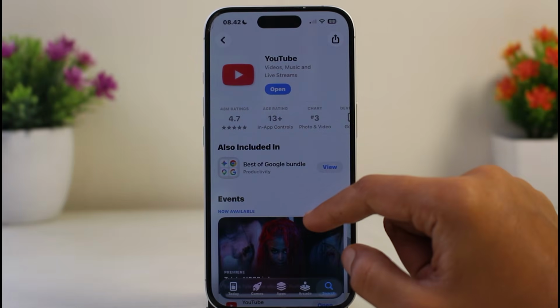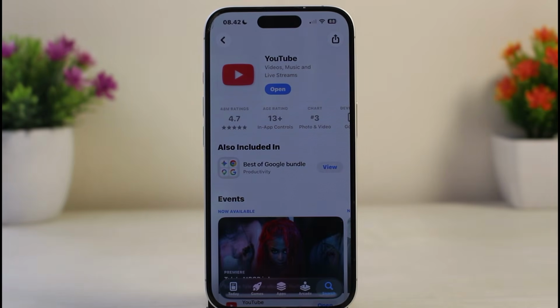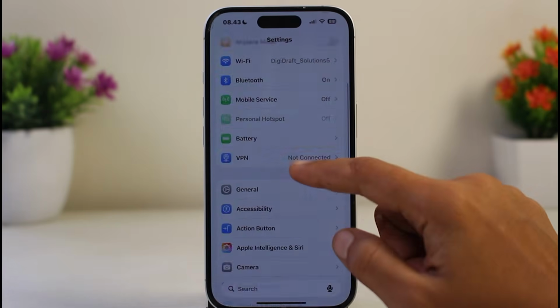Now the next thing you can do, if you are on an Android device, is go to its settings, go to the apps, then find YouTube, and then go to its storage, then tap clear cache, and then tap clear data if needed. And on your iOS device, what you have to do is go to settings, tap general, then